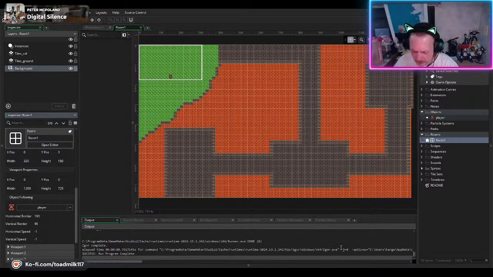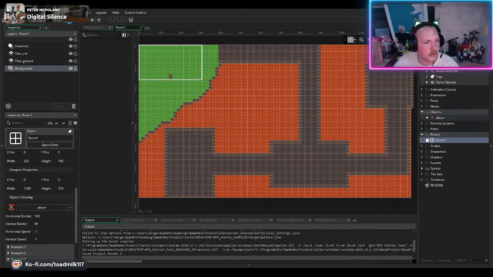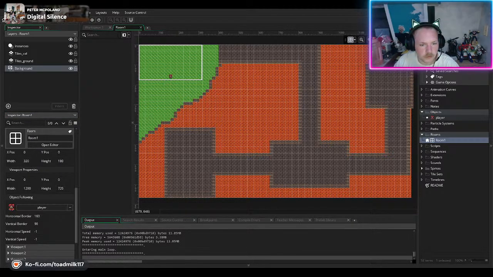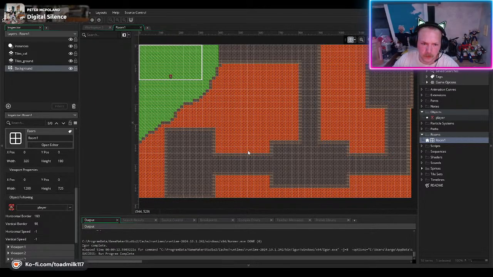I'm going to do a quick test to see if the thing works like I thought it would. Okay. So the camera goes in with the character centered now. Okay, now that I understand that part,